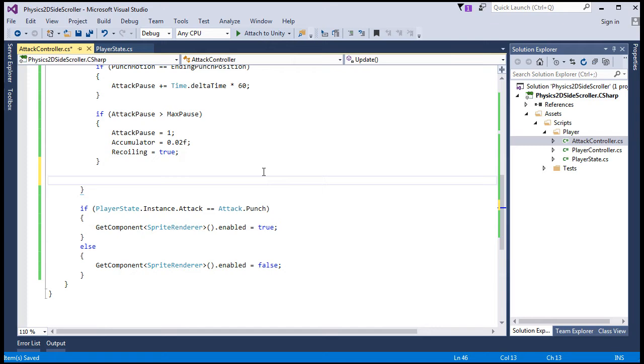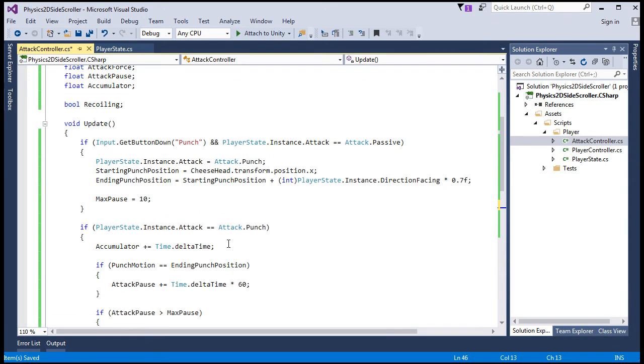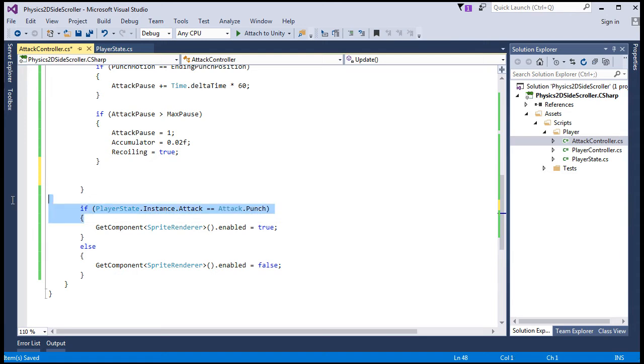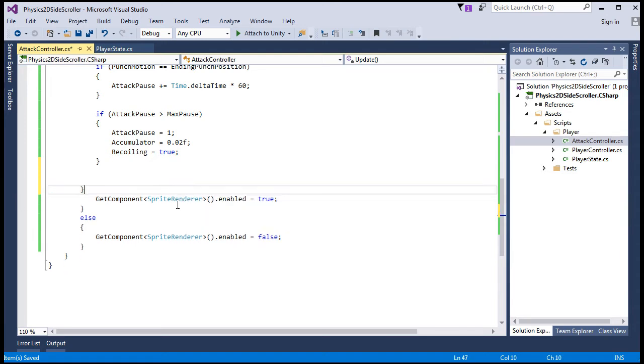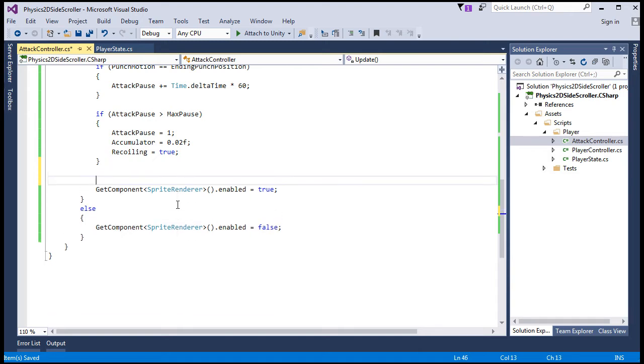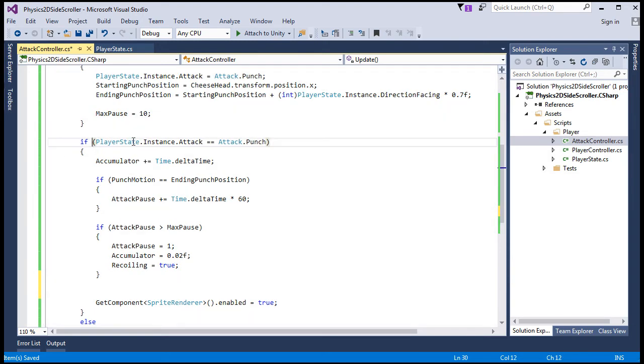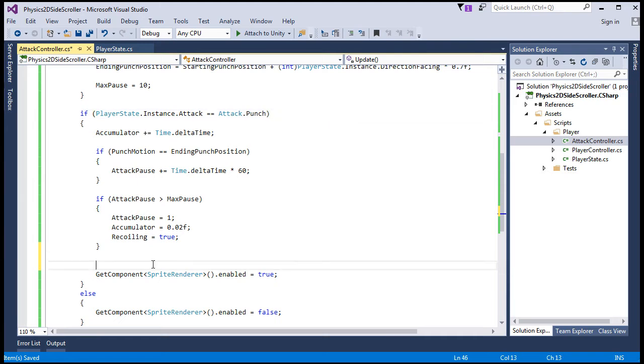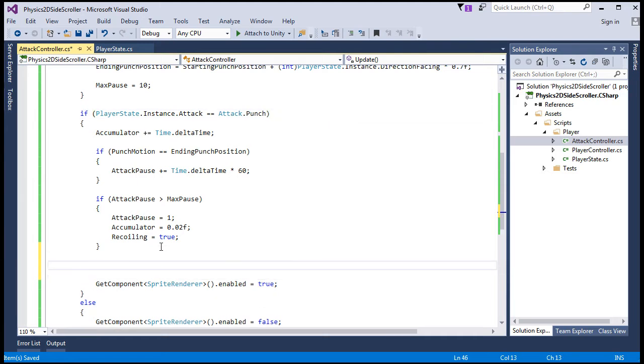And then we'll want to set the recoiling conditional. But actually, before that, I realize I could have just taken this out here and left it at the bottom of this. It's basically the same conditional. So if recoiling now,